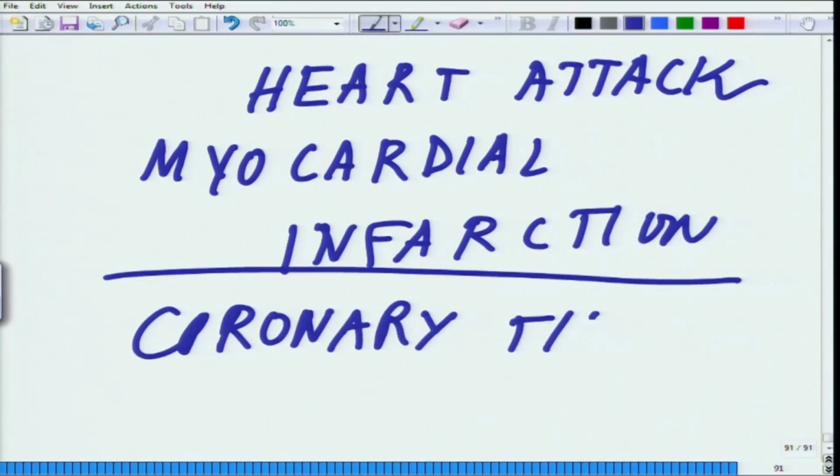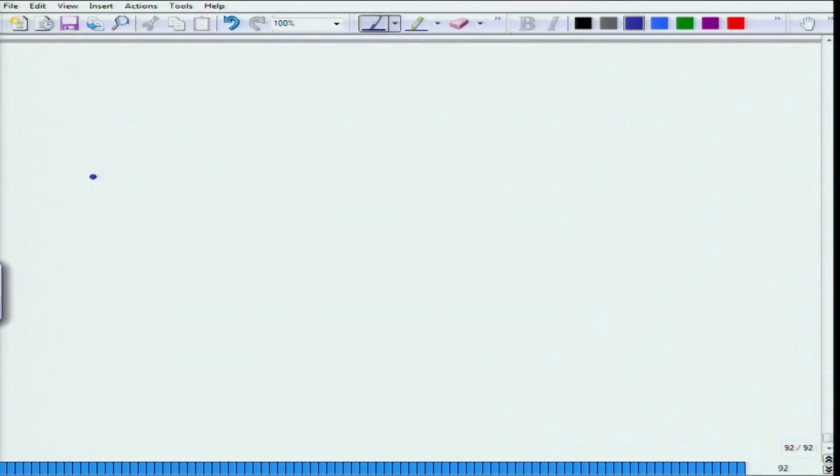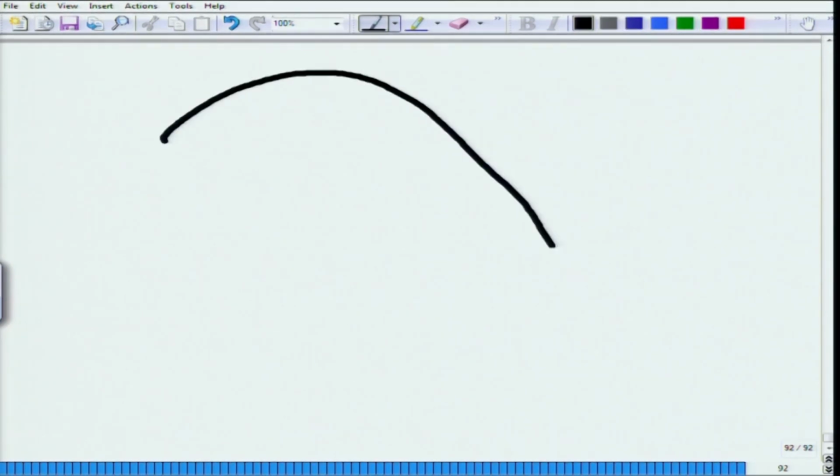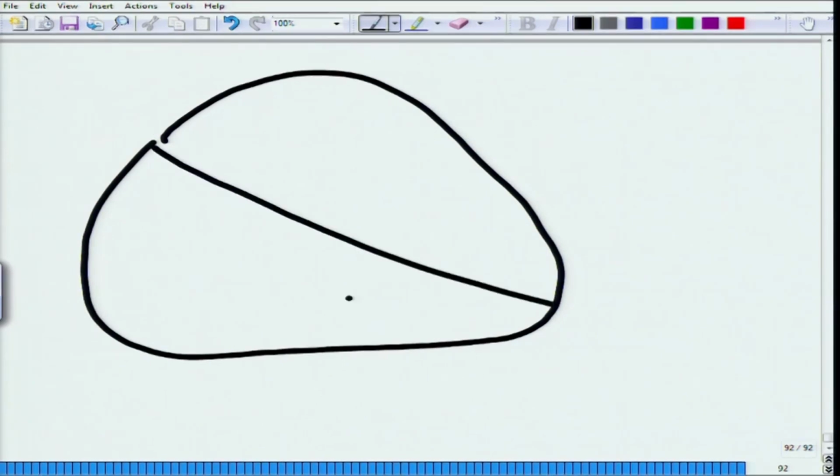These are different pathological conditions. Okay. What is exactly happening? So, what is happening in this situation is whenever there is a cardiac arrest, or so we talked about the conduction system,